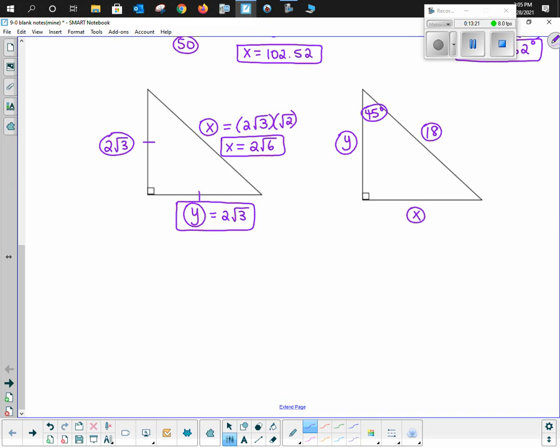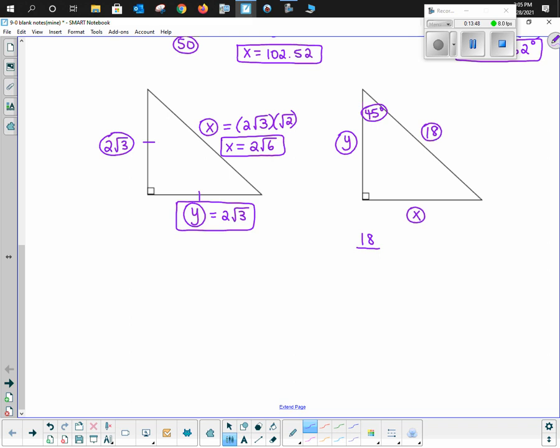Okay, so again, I see that I've got 3 sides, okay, that I'm kind of looking for or have part of, and I've got a 45. Well, guys, isn't this also a 45, 45, 90? Okay, so how do I go from hypotenuse to legs? I want to get shorter, and therefore I should be taking 18, we'll just do our work down here, and